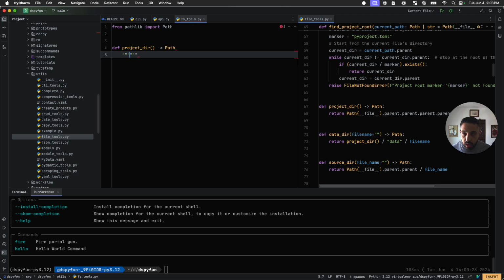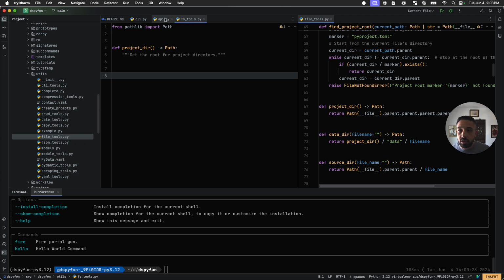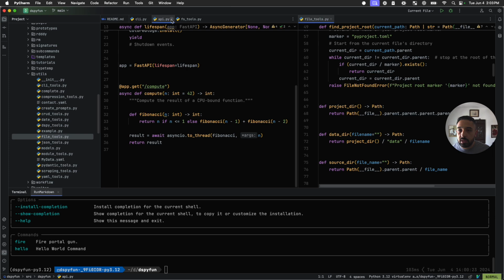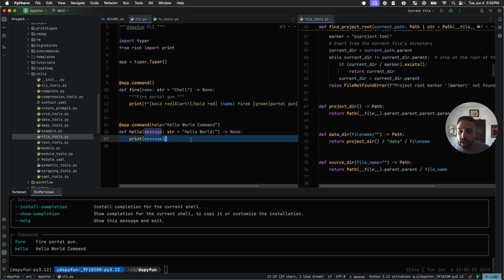If you want to do a comment in Python, you just do three double quotes, and you can say get the root folder. Okay, so it's interesting. The IDE itself has its own completion, but whatever. Oh, you have to have a colon at the end. All right. Here's one of the things that's interesting about Python: that's good enough for it to be a valid function. So if we go to our CLI, and instead of print message, we just do